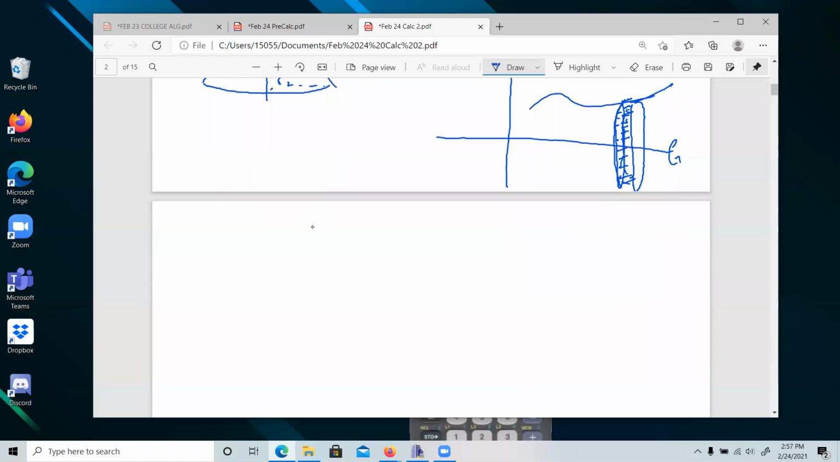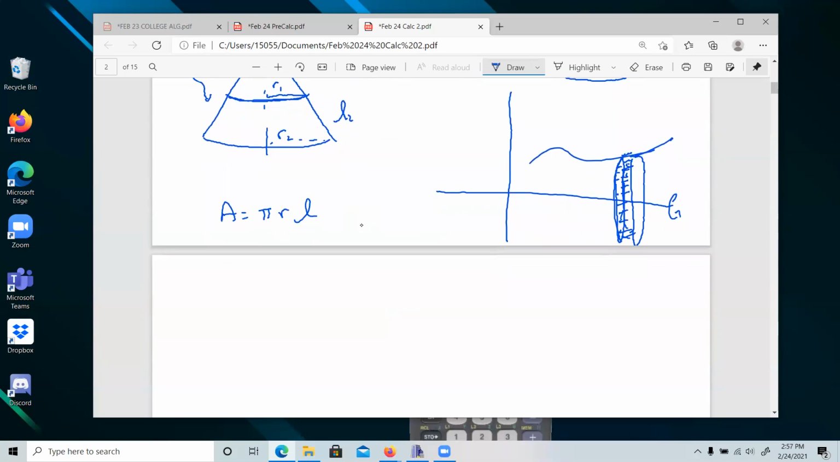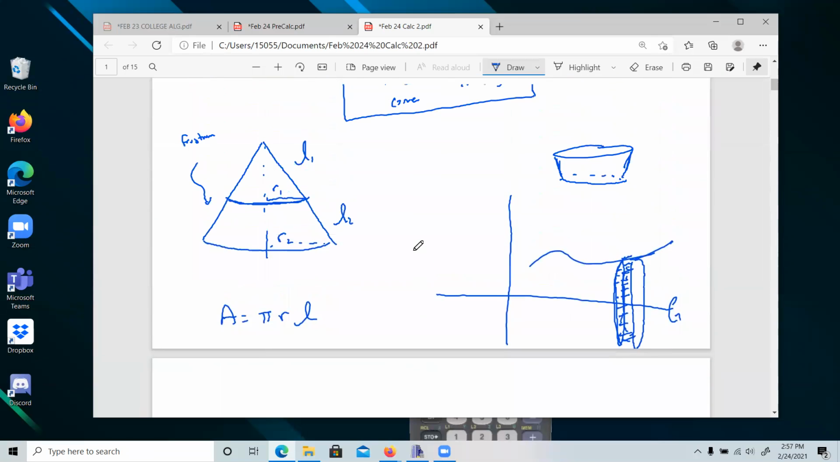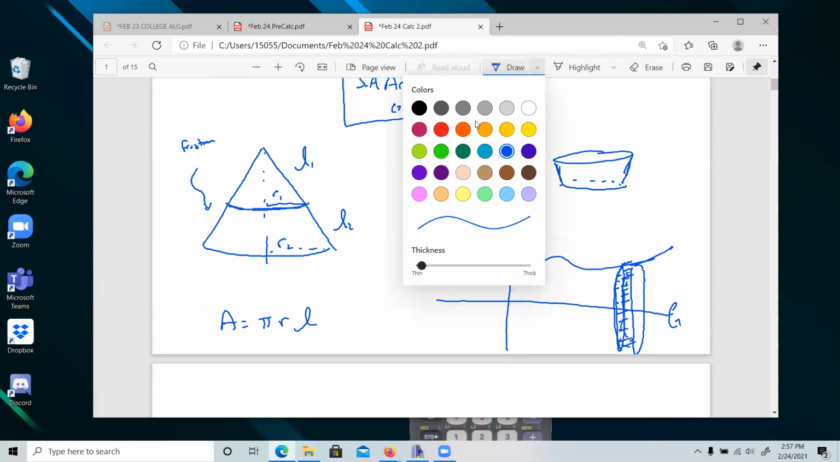So recall, my area was equal to pi r L, the radius times pi times L. That's my surface area here. So what we're going to do is take the big cone and subtract the little cone from it. One thing we have to do before that is make a little relationship here